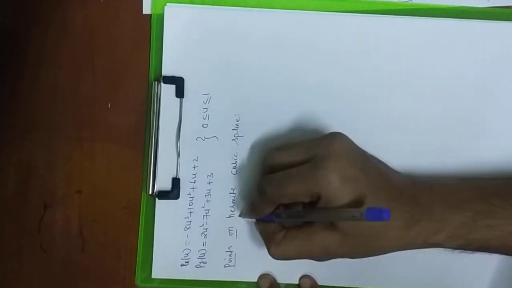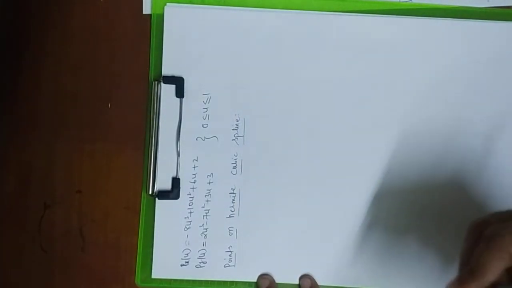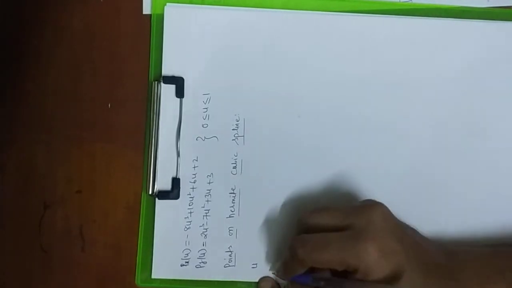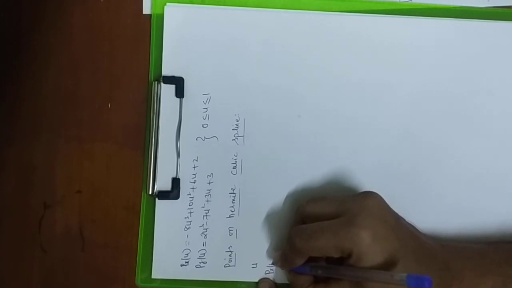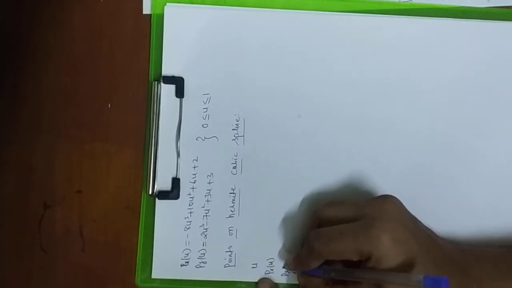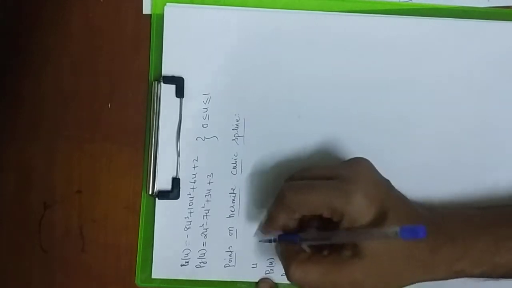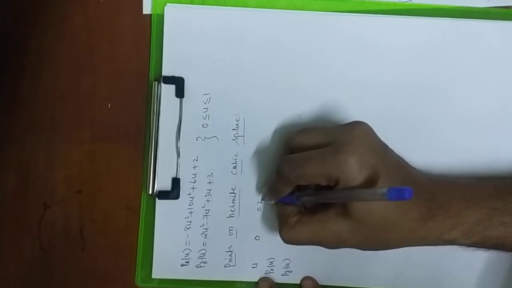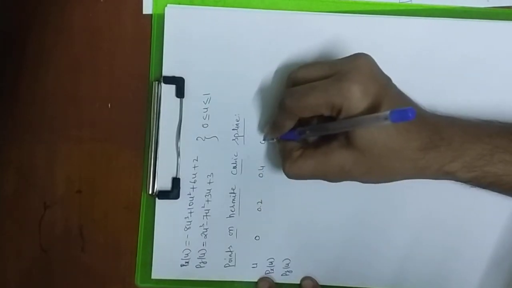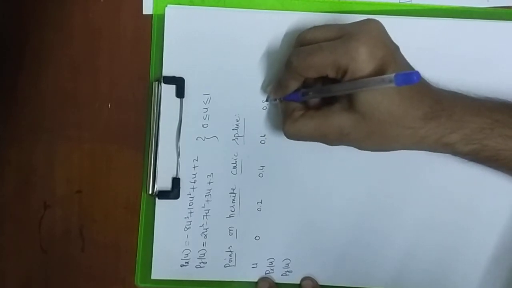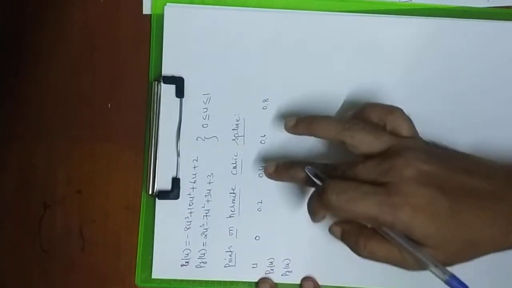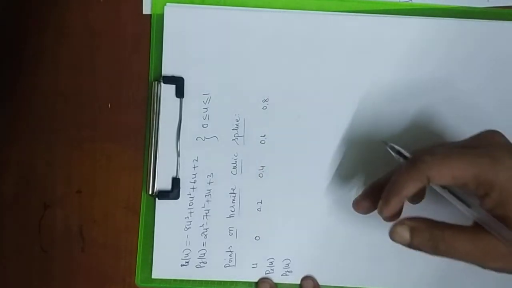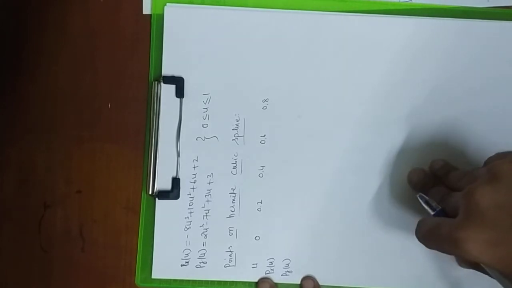The points on the Hermite cubic spline. In this case, we have the value of u because we have to consider 5 points on the curve, and we have the P of x of u equation and P of y of u equation. The value of u will start from 0, then 0.2, 0.4, 0.6, 0.8. Okay, 1, 2, 3, 4, 5. Only 5 points we are going to consider here as per the question asked.